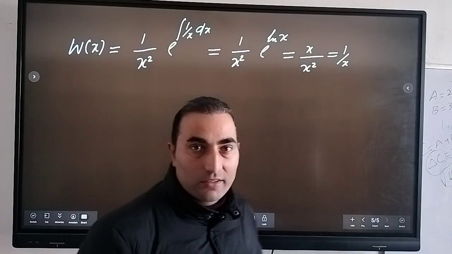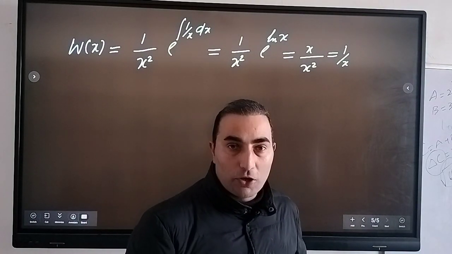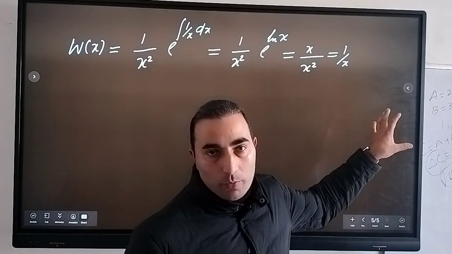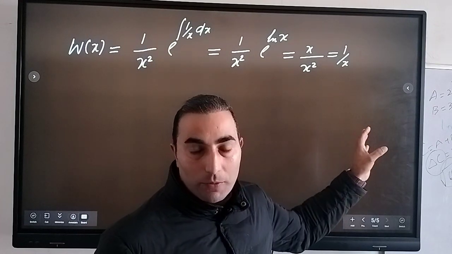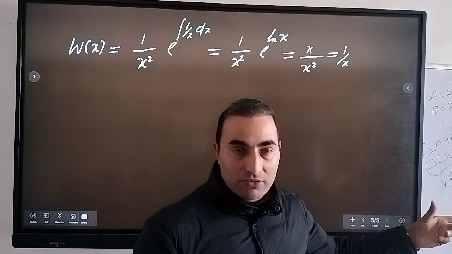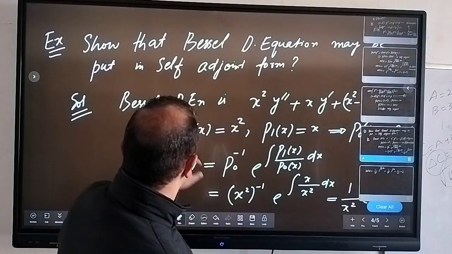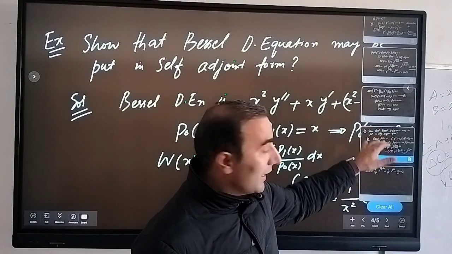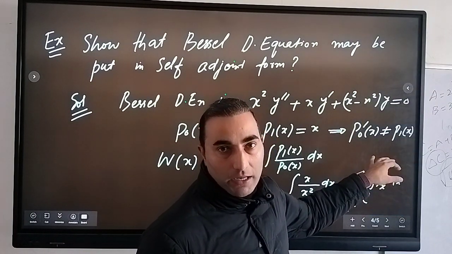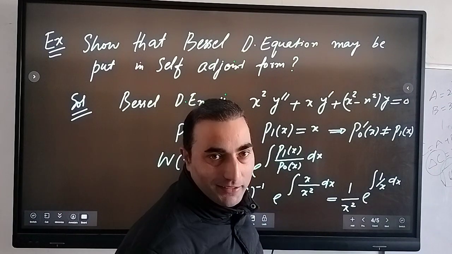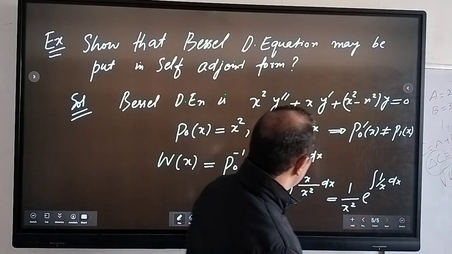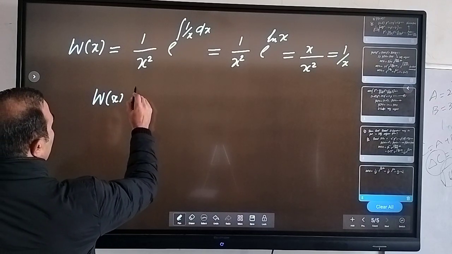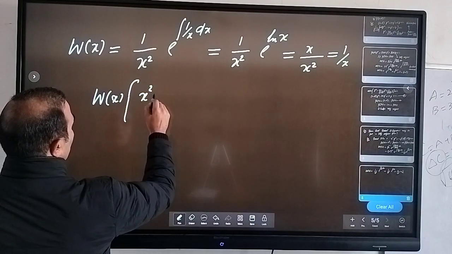So that means in order to make this differential equation self-adjoint, we need to multiply the differential equation by this factor, W of x. And we have calculated that W of x is 1 by x. So we need to multiply this differential equation by 1 by x in order to make it self-adjoint. So first let's write the differential equation by multiplying it by W of x. That's x square,